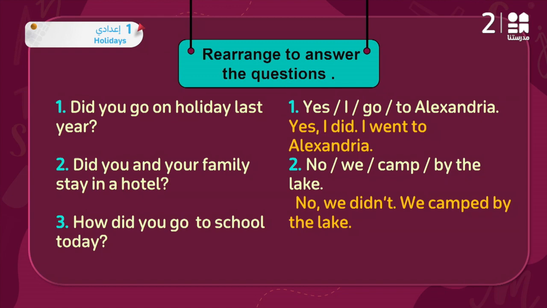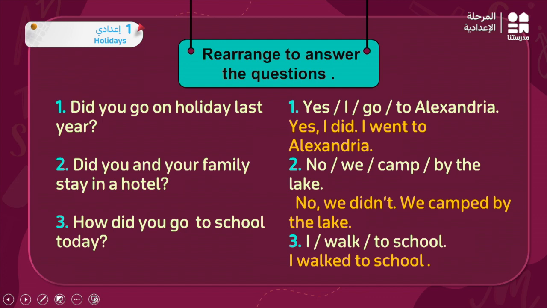How did you go to school today? حضرتك ازاي رحت المدرسة؟ I walk to school. ازاي؟ هتبقى بالظبط I walked to school. It's an affirmative sentence يبقى لازم نحط ال past form. اوكي؟ تمام؟